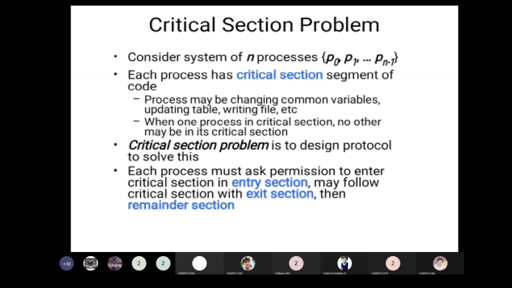So we are going to solve this race condition using the critical section problem. Every process is going to put some data into the critical section: common variables, tables, files, writing operations. All this will be put in the critical section. The second rule is that when one process is currently executing in the critical section, no other process will be permitted to execute in the critical section in that particular system of processes.